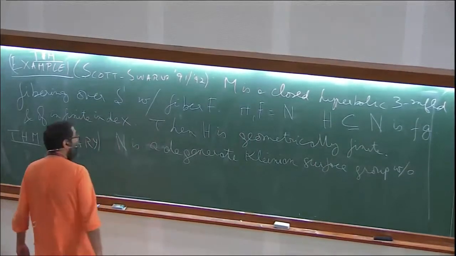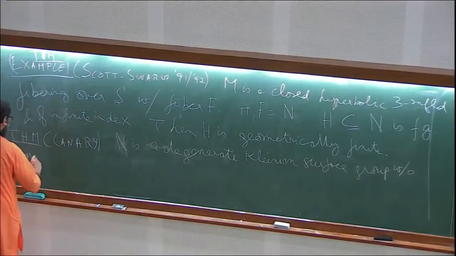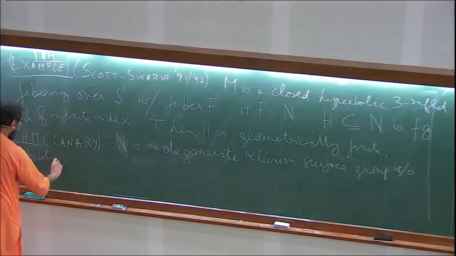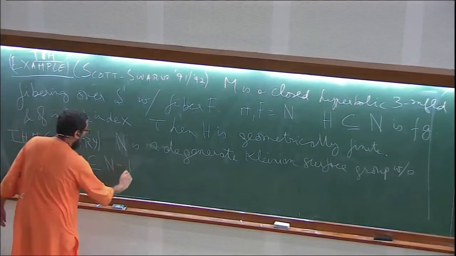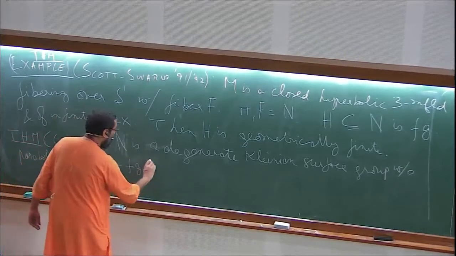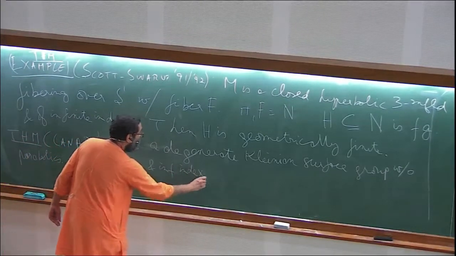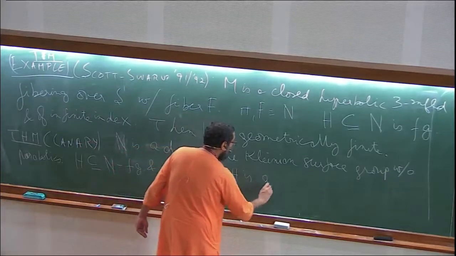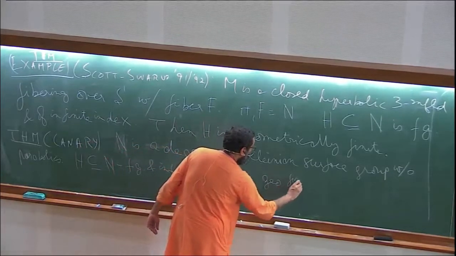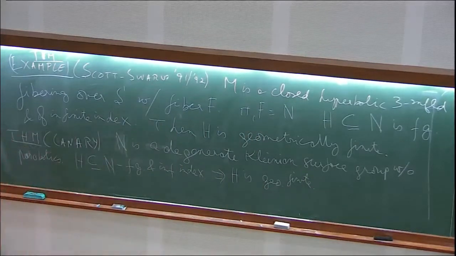N is a degenerate Kleinian surface group without parabolics. H contained in N, finitely generated, and infinite index. This implies that H is geometrically finite. Okay, so